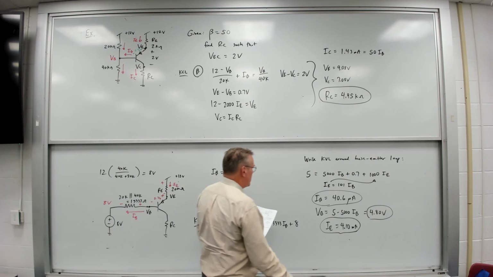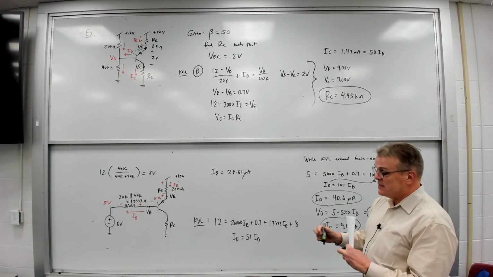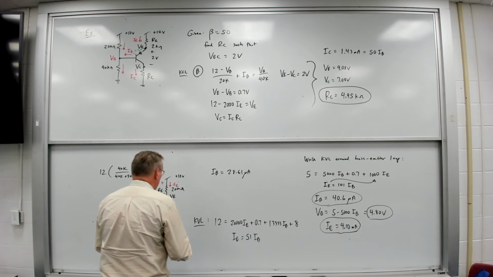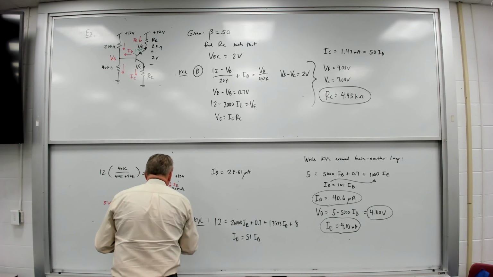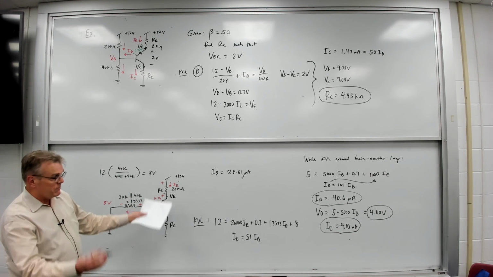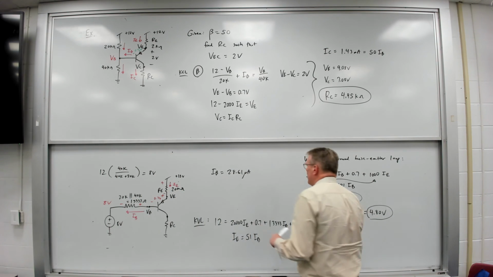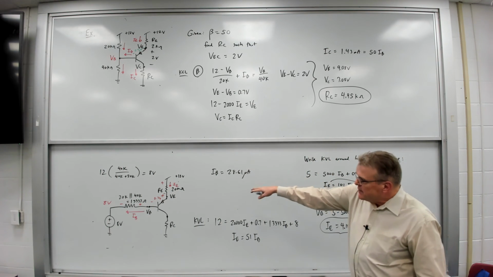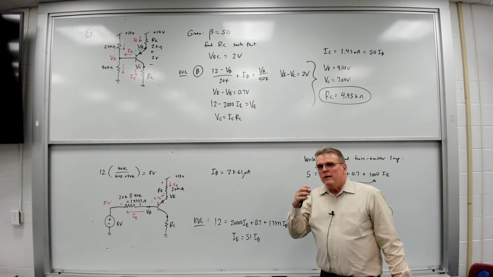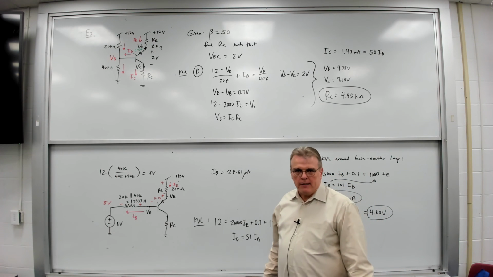So in this case, once we know IB and IC, then given IC, we can calculate what RC needs to be. Everything comes right into place. So again, same solution, you get the same numerical answers, but doing it this way, Thevenizing that base circuit, can sometimes give you a more straightforward visualization to what the solution needs to be,